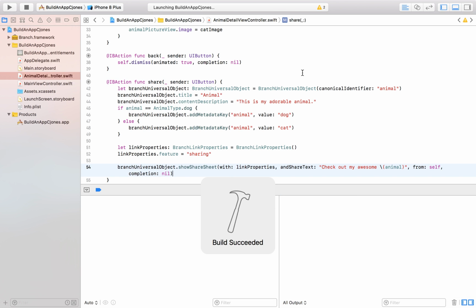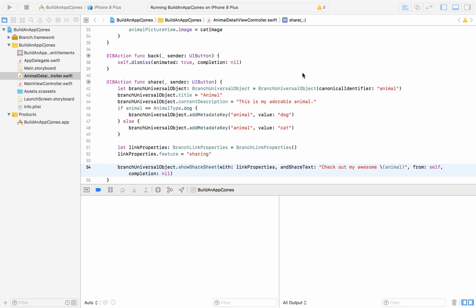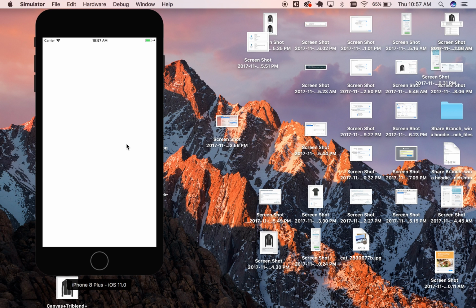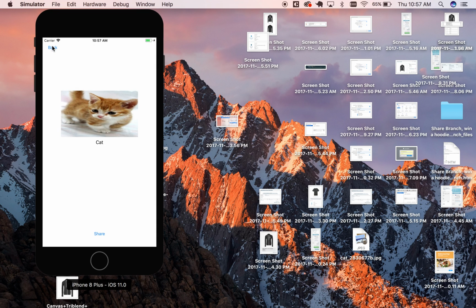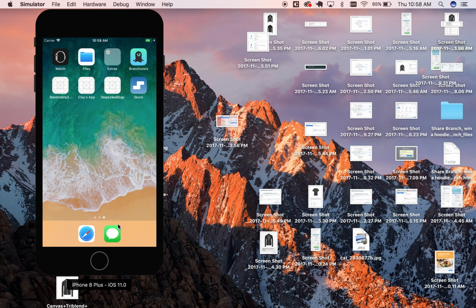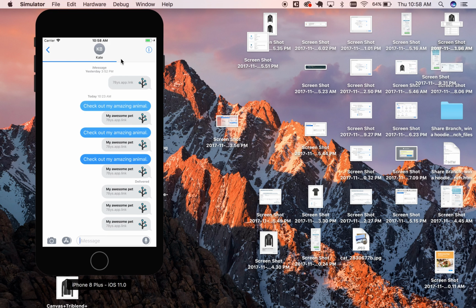All right, hopefully this works. And there we go. There's a share sheet. So click copy. That's going to give us our message. So we can't actually use message in the share sheet because Simulator doesn't do that. So I had Command-Shift-H to go home once I copied that. I'm just going to manually go to